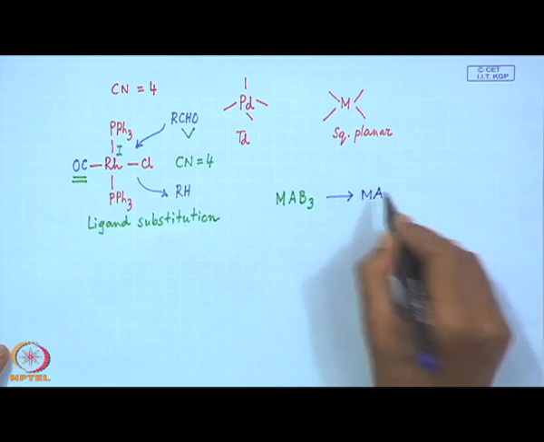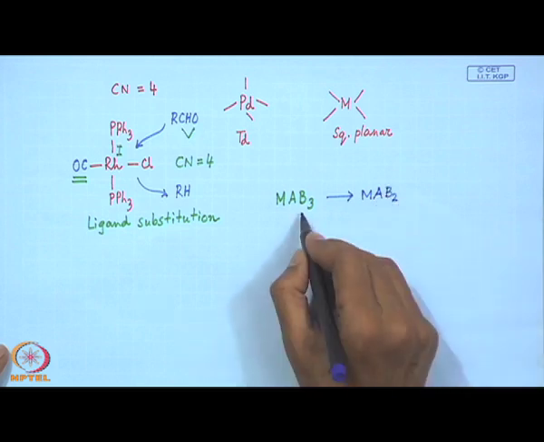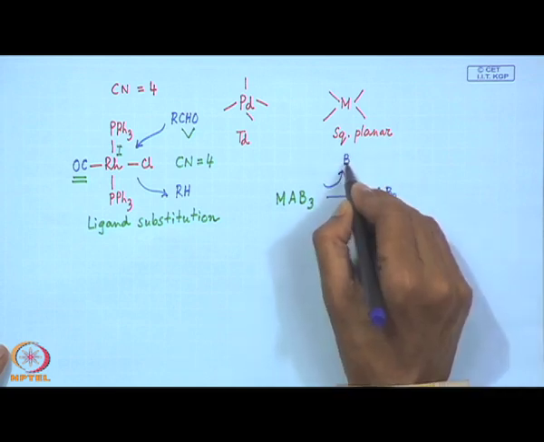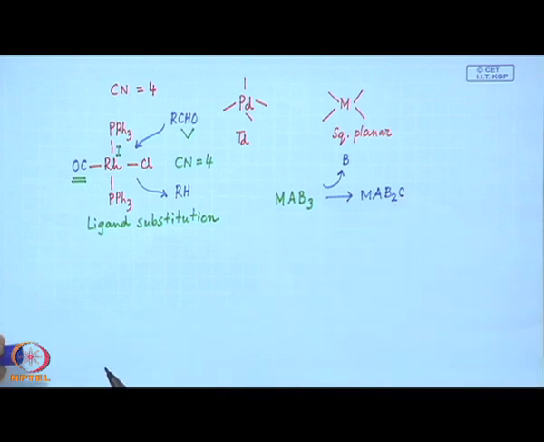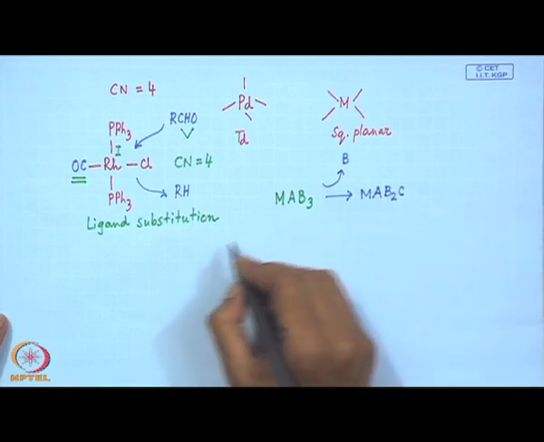A is the corresponding chloride one, and B3 is now B2, that means one phosphine is going away, and the incoming ligand is the corresponding carbon monoxide. So, these sort of things are very useful and very good examples for the corresponding ligand substitution reactions, because whenever we have a